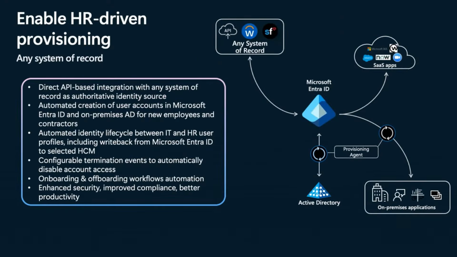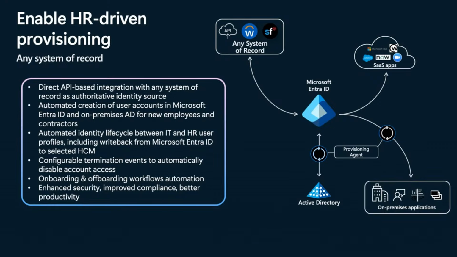So let's start with one of the first scenarios, which is enabling HR provisioning, that basically enables these organizations to onboard and offboard users from HR systems and their source of records. This provides a great solution to automate this process and remove all the manual efforts that can lead to errors. It keeps all identity status the same, using either one of our native connectors to well-known HR systems like Workday or SuccessFactors, or from any other source of record like SQL tables, CSV files, or other types of flat files